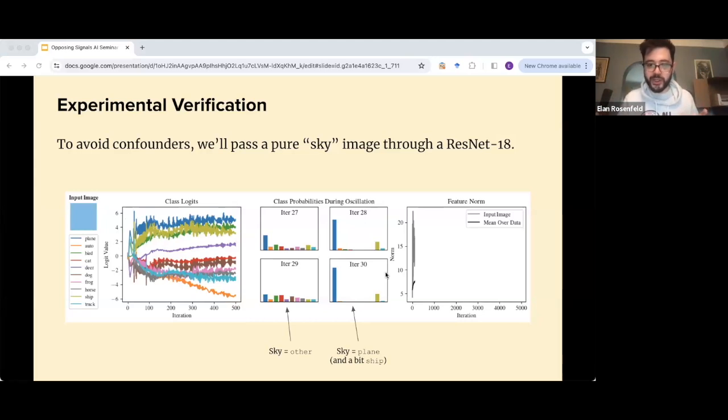Despite the fact that this was a very overly simplified story, we actually directly observe this exact oscillation happening between class probabilities. And finally, like I mentioned, when this oscillation goes far enough, the gradient starts to encourage the network to downweight the magnitude of the sky activations. And so we see that slowly over training the feature norm decreases.